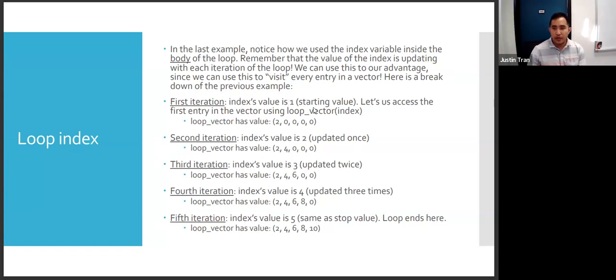All right, so for example, let's look at this past example here. And so for the first iteration, we're starting out with the loop vector having all zeros, so 0, 0, 0, 0, 0. And so on the first iteration of the loop, our index has a value of 1. And so after we execute that first line of code in the loop, we're setting the first entry equal to 2, and then everything else is equal to 0. We haven't gone